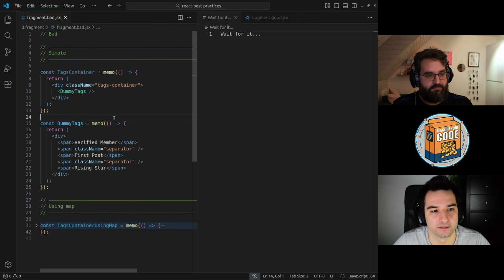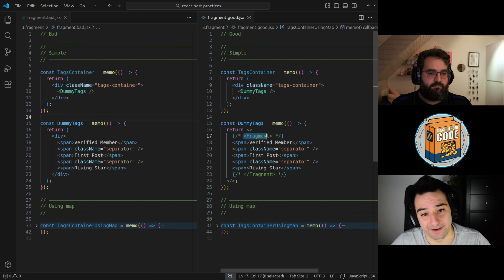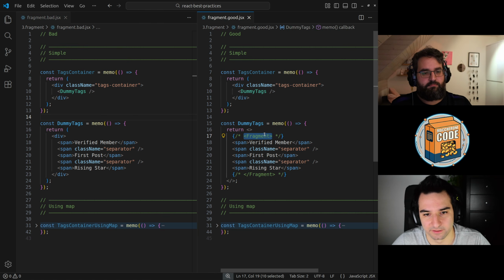To avoid that, I have to use the help of fragments. And here it is, the fragments. Or at least the Fragment, because the tag is Fragment. But you can use a short way to express it and use this syntax. This is also Fragment.